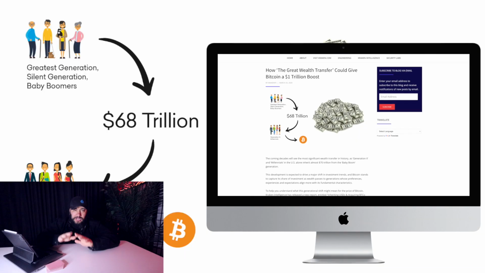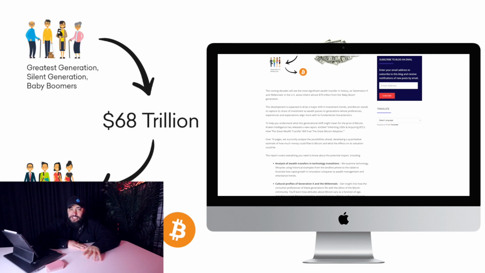Now, we had wave 1 up until 2017 in the crash, and the waves get shorter. We had wave 2 from that crash up into the last bull market and now the bear market, and we're getting ready to go into wave 3 in the next year. In the next calendar year, mark my words, I will bet anybody anything on this. We will come into wave 3. When wave 3 happens, it will be the biggest transfer of wealth in the history of the universe.